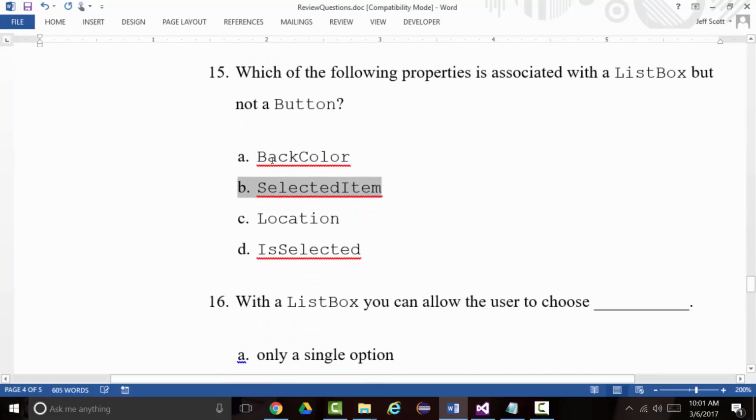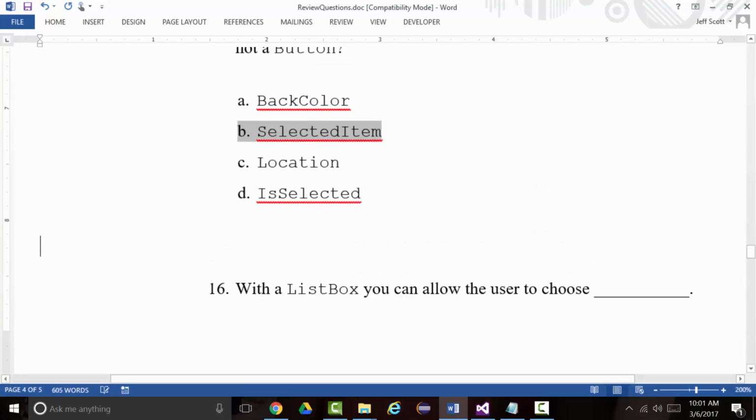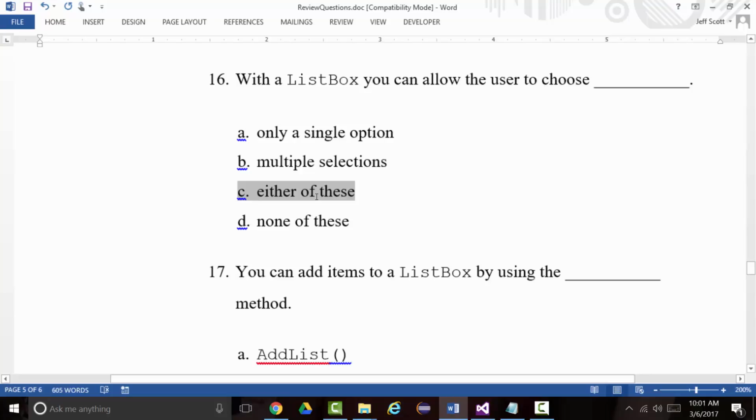14 is A. 15, which of the following properties is associated with a list box but not with a button? Selected item, B. Because remember, for a list box, you can have multiple items in there. Button, you can't do that. Doesn't make sense. So 15 is B. 16. With a list box, you can allow the user to choose only one item if you've got it set to single selection, or more than one if you've got it set to multi-select. So 16 is